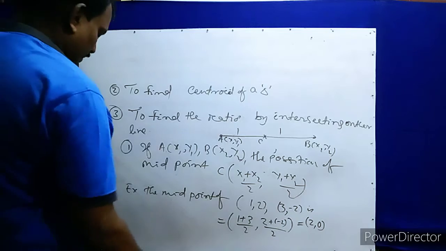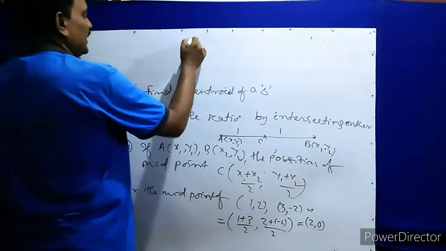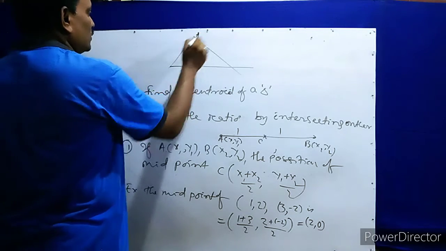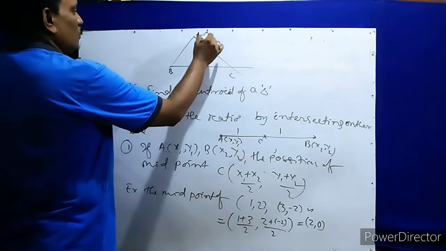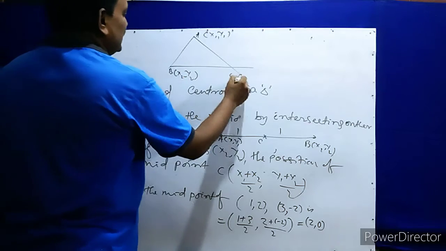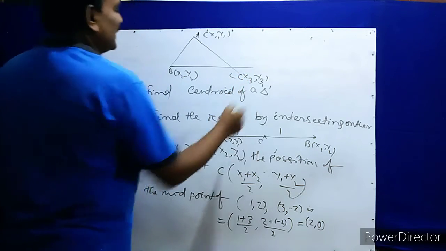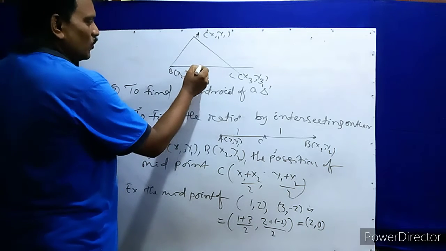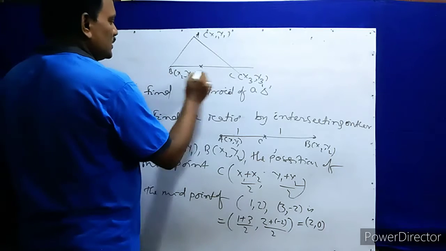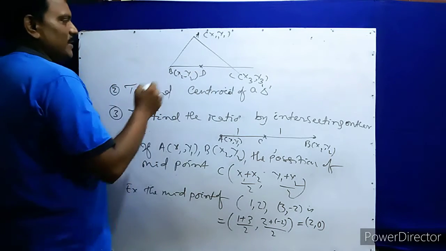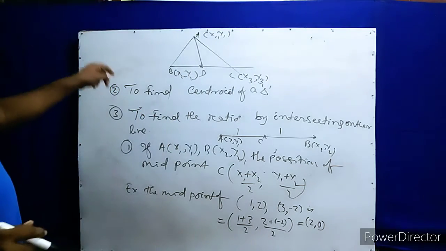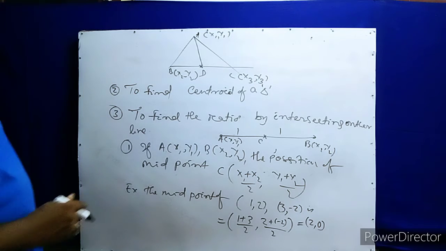So let us discuss the second significance. You have to determine the centroid of the triangle. So what is the centroid? Suppose ABC is a triangle whose positions are A x1 y1, B x2 y2 and C x3 y3. Before knowing the centroid we have to know what a median is. Median means, suppose here D is the midpoint of BC. On joining, AD is the median on BC. AD is the median on BC because D is the midpoint.